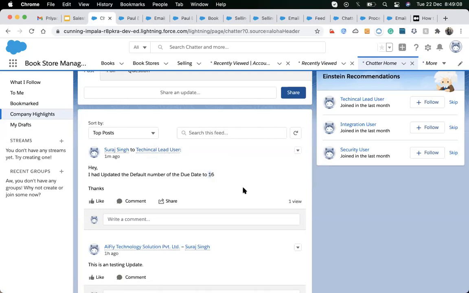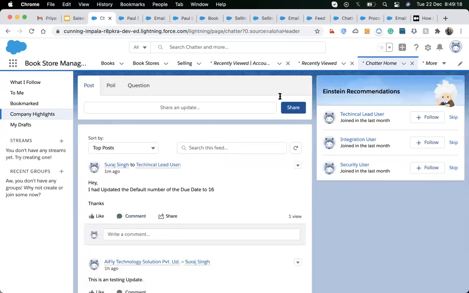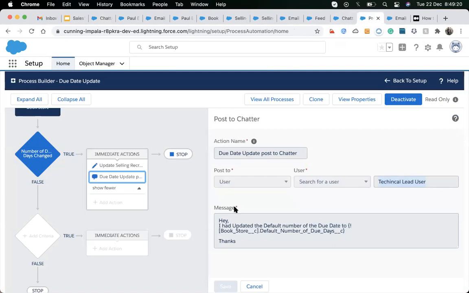Because it's a property of chatter, whenever we include that, it will send an email. So that's how the process builder is working. Whenever we get a requirement, such as the actions we discussed, whenever we make a post on a chatter or make a call to an Apex class or any kind of automated action available in the process builder, we can execute that via process builder.